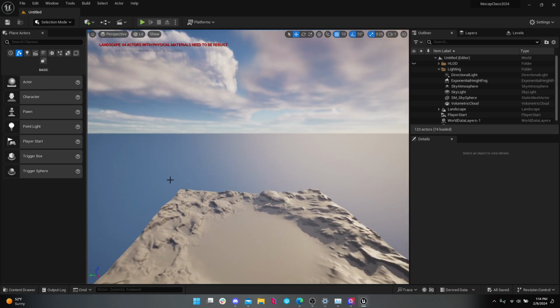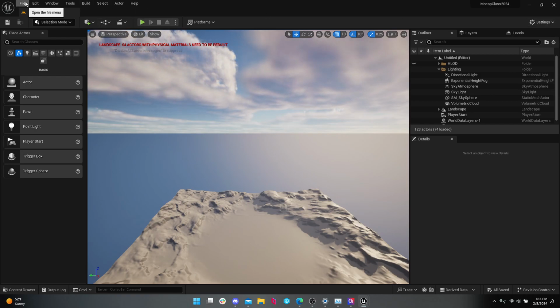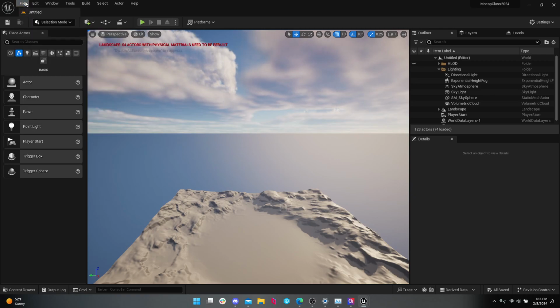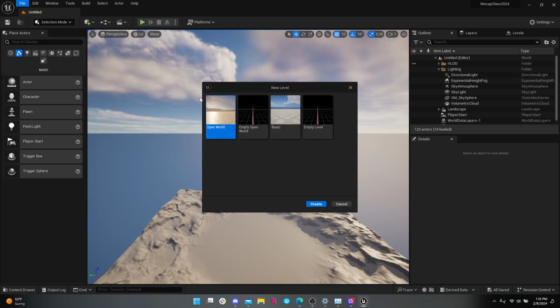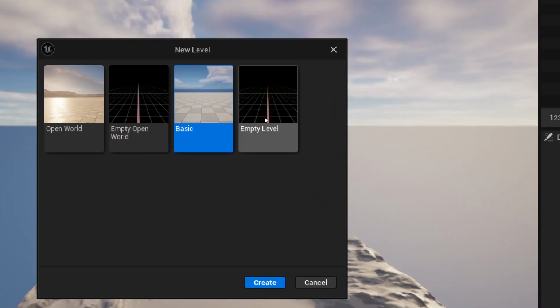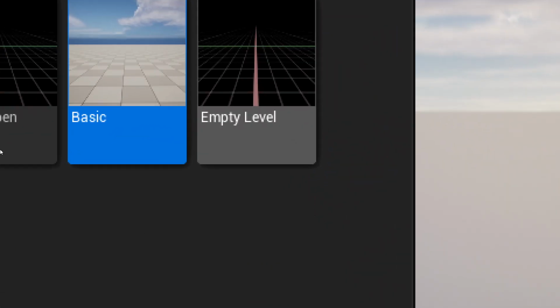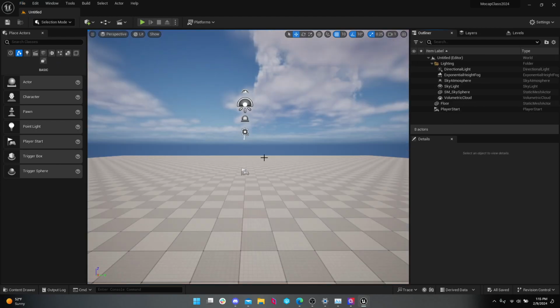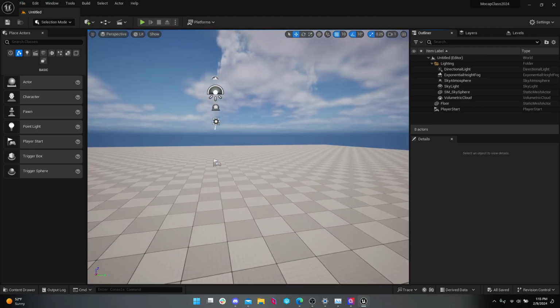All right, so you might have a different map than me. What I like to use, though, this is kind of the default Unreal Engine map now, but I don't really like this one. So I'm going to go up to File, New Level, and this is the open world map template. I'm just going to go to Basic. If you wanted to start with a completely empty one, you could, and there would be nothing in there. But I'm going to start with Basic. Just make some more simple worlds.